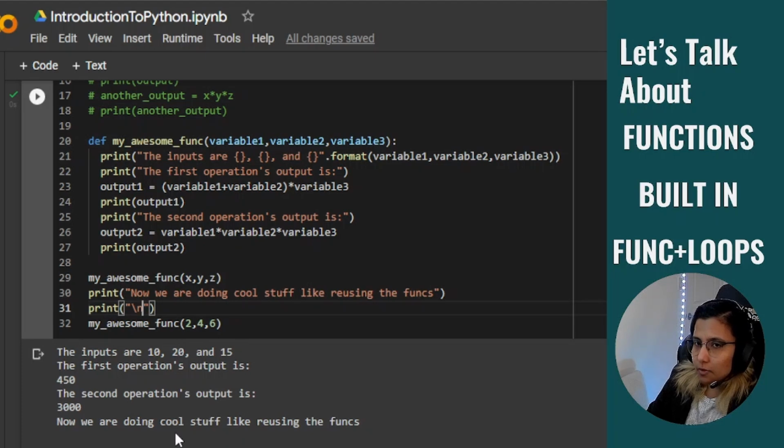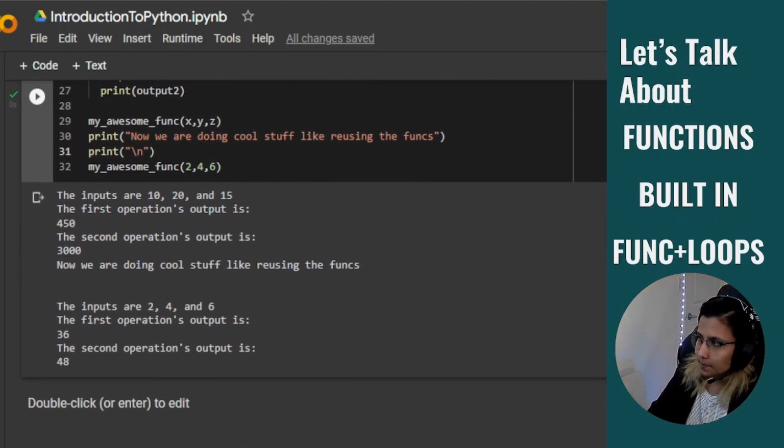This is the output of the first time I'm calling the function. The values I gave were 10, 20, and 15. The first output was 450, the second output was 3000. The second time, the values I gave here were 2, 4, and 6. So this is the result of first calculation. This is the result of second calculation. So you can see I can reuse the same function with one line of code